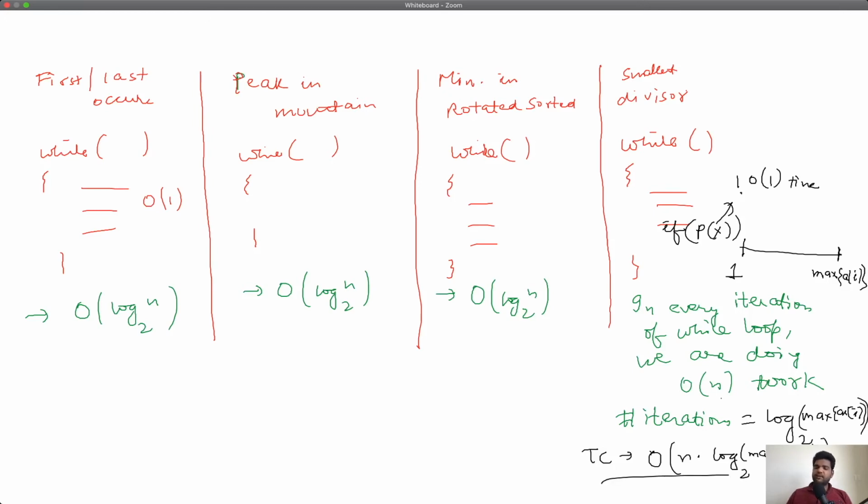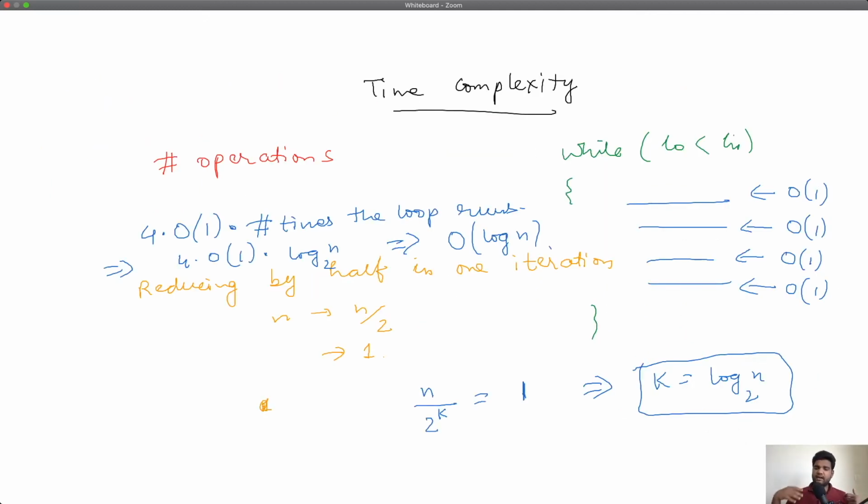And again, one more time, I just told you the time complexity of binary search. We said that we are interested in finding the number of operations that we are effectively doing in this binary search. So we have a while loop inside which we are generally doing constant time work. All the statements can be executed in constant time.